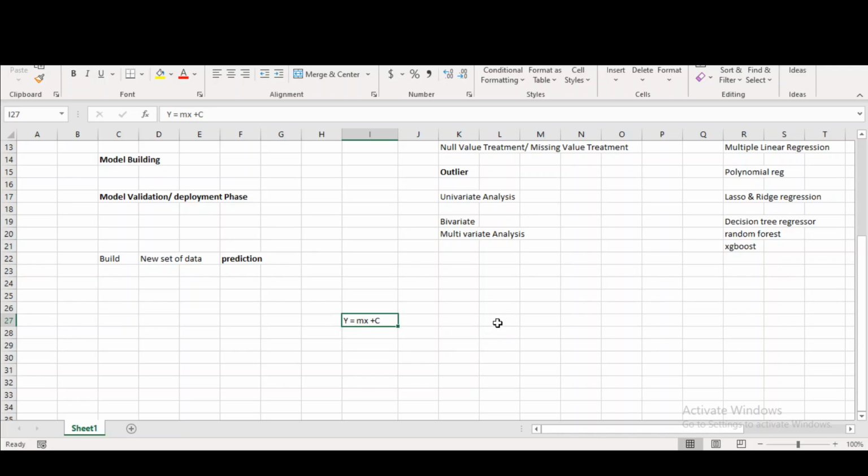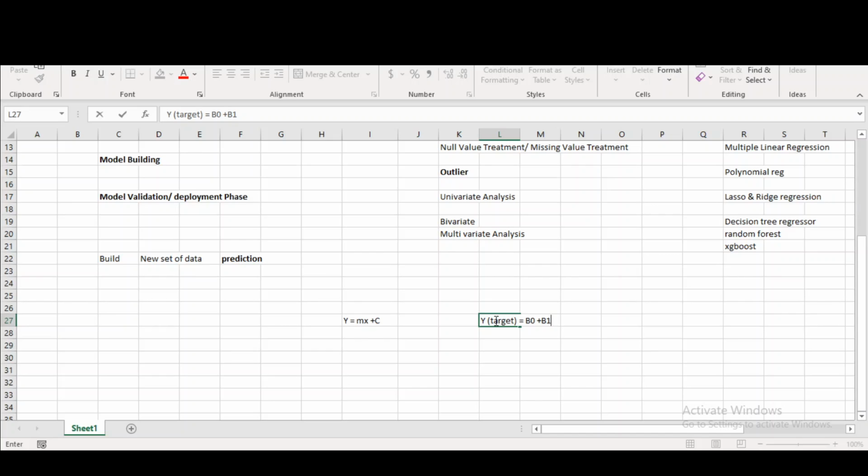Similarly here also, we will have y as our target variable, and we would have beta naught, and then different sets of betas.